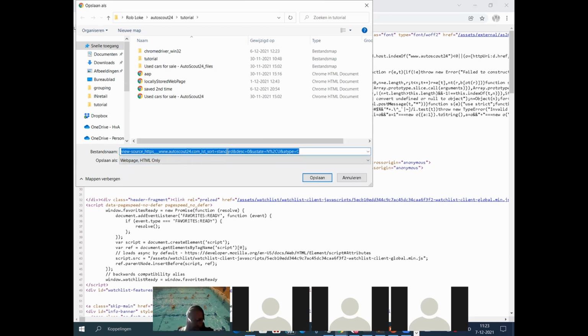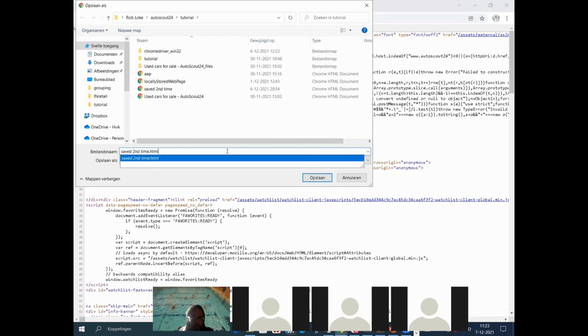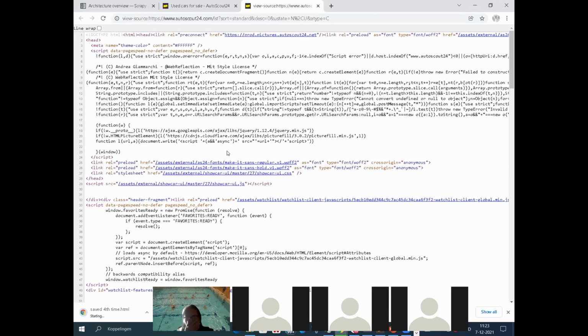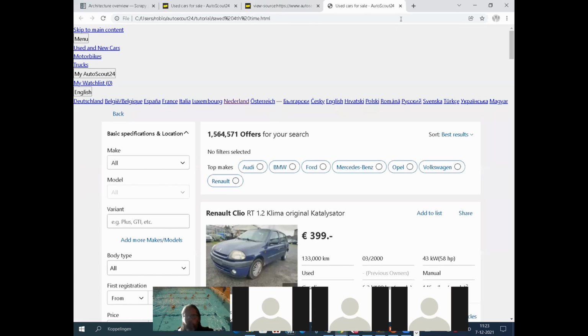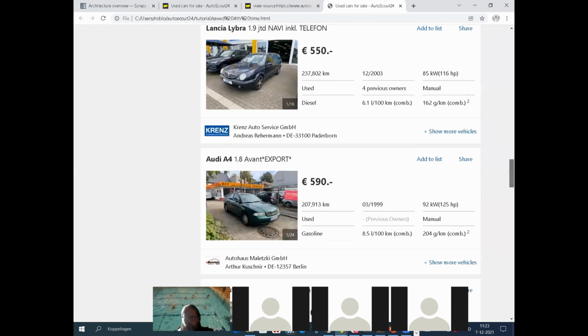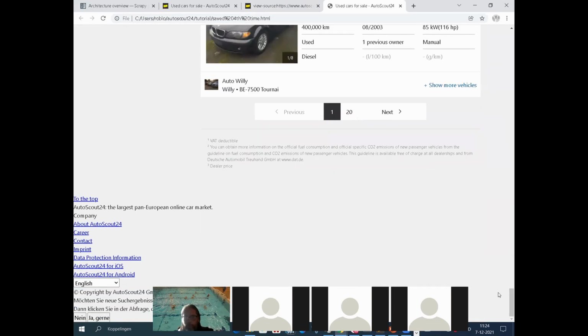So I saved it, not the second time, but maybe this is already the fourth time or so. I'm not sure. So if it has been saved on disk, so it's now a local file, if we open that one, it will open it up in Chrome again, looking a little bit different because it's now a local file. Then if you go to the bottom,